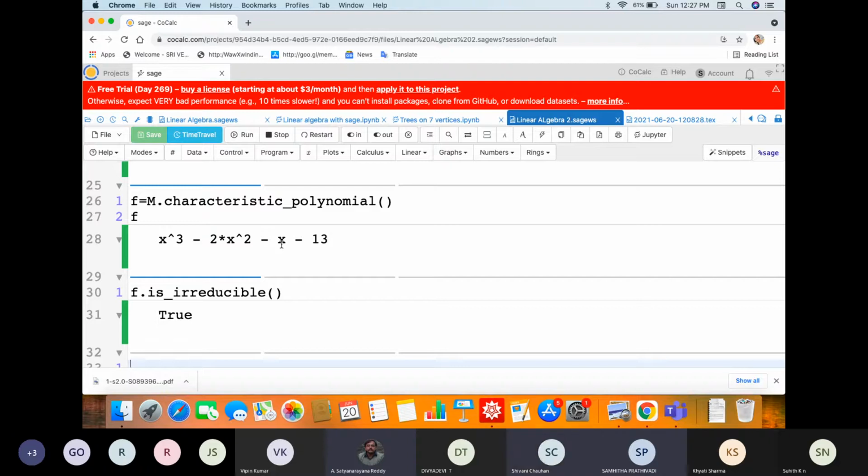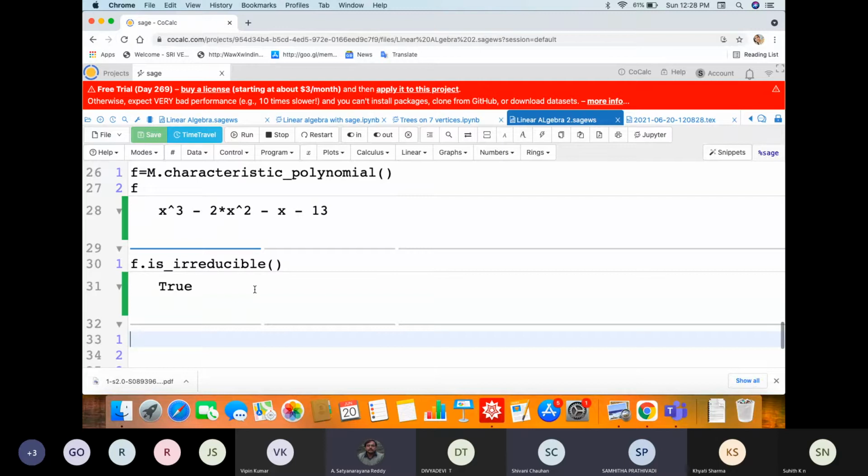Sir, I don't think we can test like that. Suppose my intention is that earlier we computed the eigenvalues and we got two complex roots, right? Yes, sir. So here irreducible is coming true. That means there is a problem with the programming language, maybe because of high precision or something. Yes, sir. So what is the command?